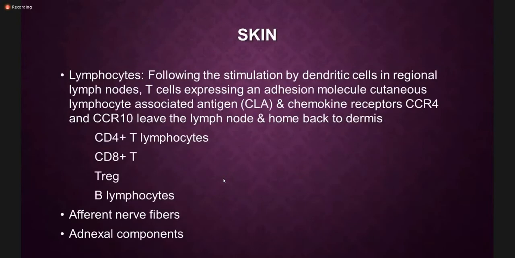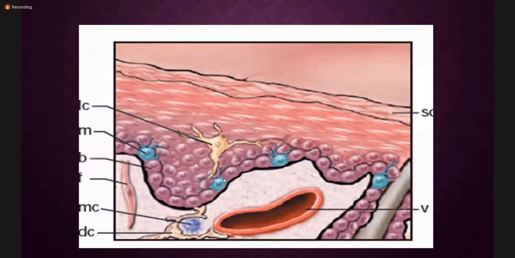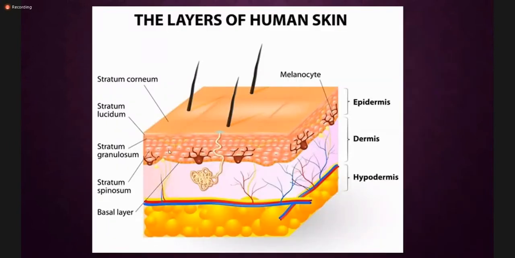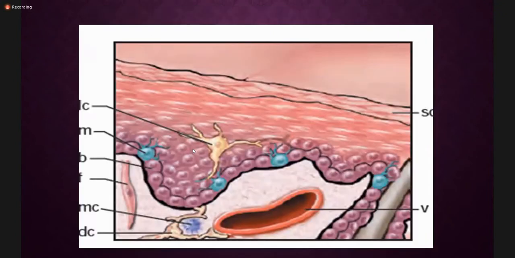Let's see the normal skin first. So this was the normal skin. I'm repeating it for those who have joined us late. This is normal skin comprising the keratinocytes, which are the predominant population, and melanocytes, which are sparsely present along the basement membrane, and the melanin is synthesized by these melanocytes and transferred via these long processes or appendages into the keratinocytes. So the keratinocytes contain the melanin pigment.